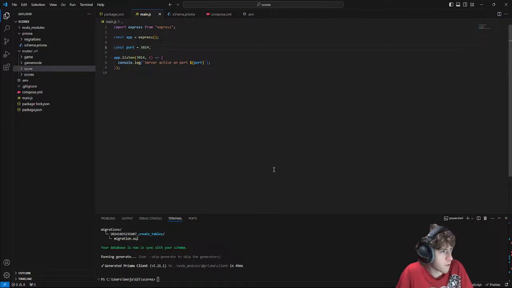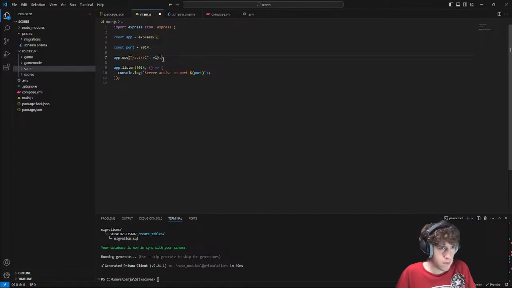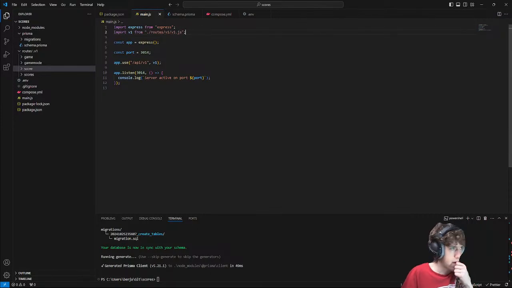Okay, what did I do for the other site? If I cat main.ts here. Okay, so I did this. And then I need to import v1 from that. I guess I should probably swap this to TypeScript, shouldn't I?